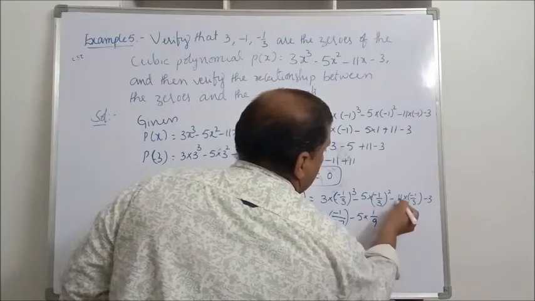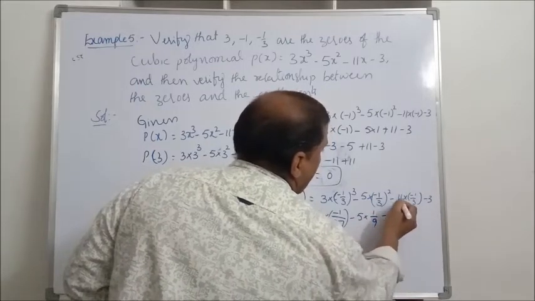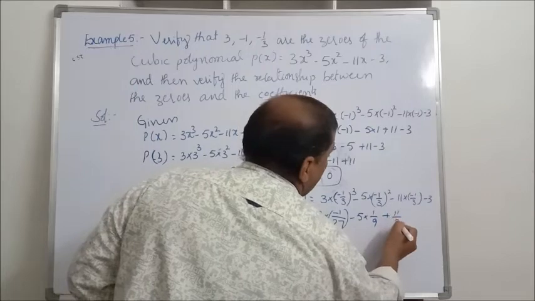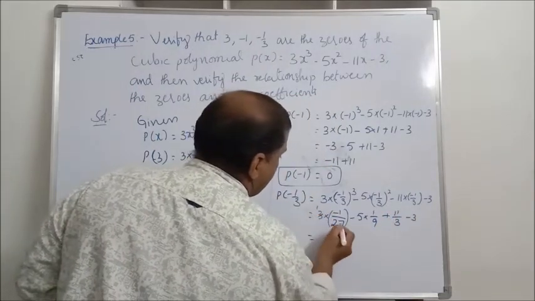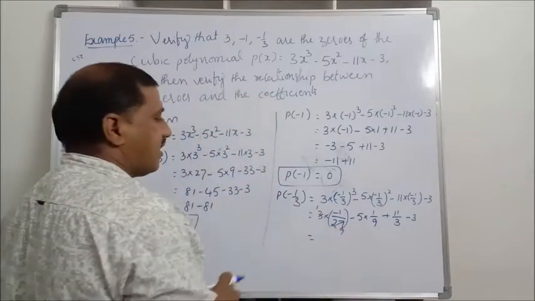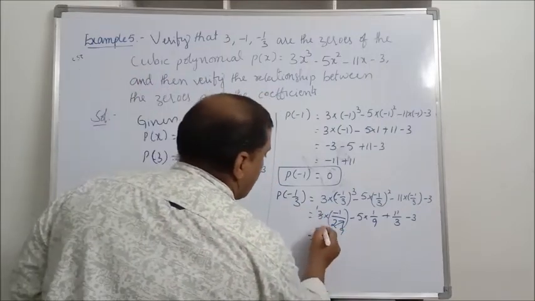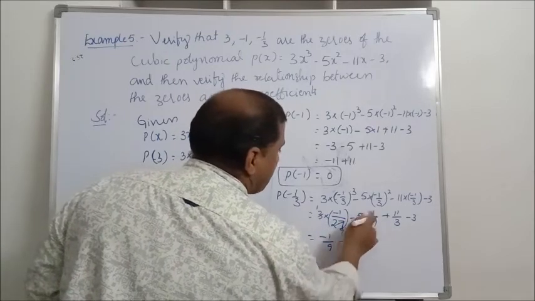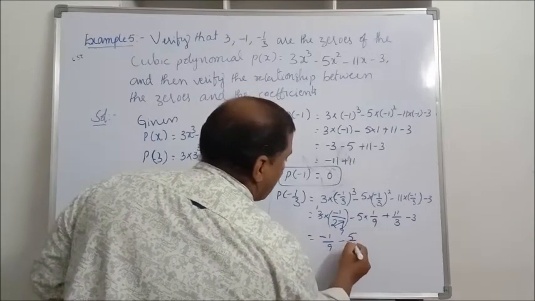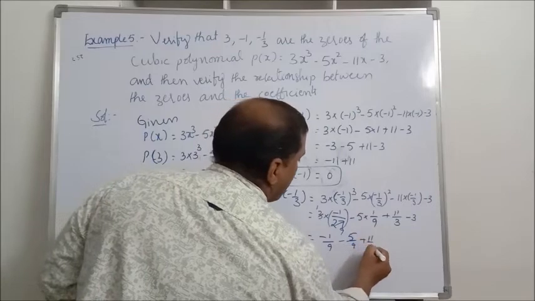Next, similarly, minus into minus it is plus. 11 into 1 it is 11. 11 by 3 minus 3. That is equal to 3 1s are 3, 3 9s are 27. Plus into minus, minus 1 into 1, 1 by 9. Minus into plus it is minus, 5 into 1 it is 5, 5 by 9 plus 11 by 3 minus